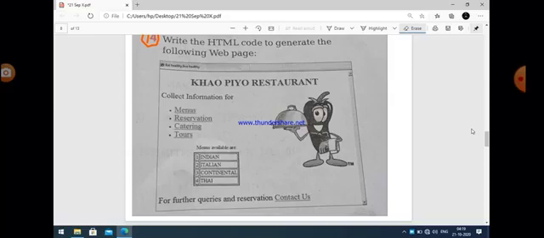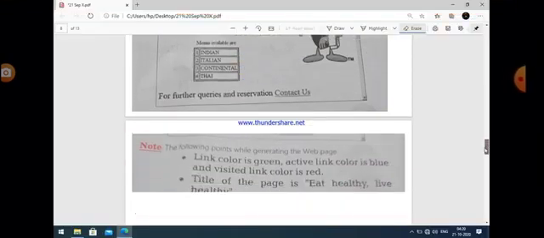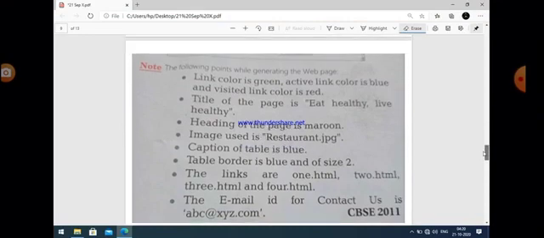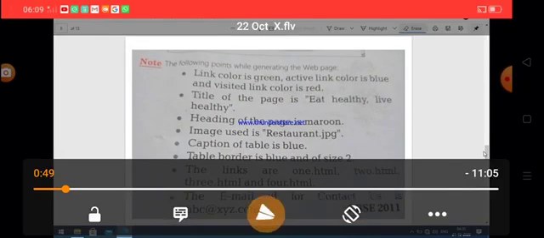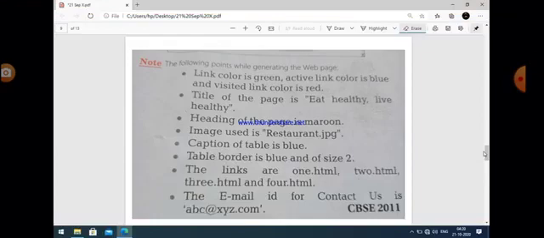So this is the web page basically, and first of all the web page gives you some idea about how many tags are used to create this type of web page. So this is simply a web page here. Okay, so most of the time what happens is that some points are given, and you should follow these points, otherwise coding is considered as wrong. So these are some points.